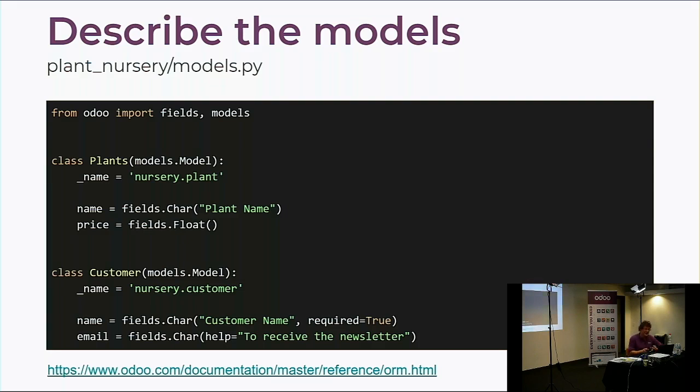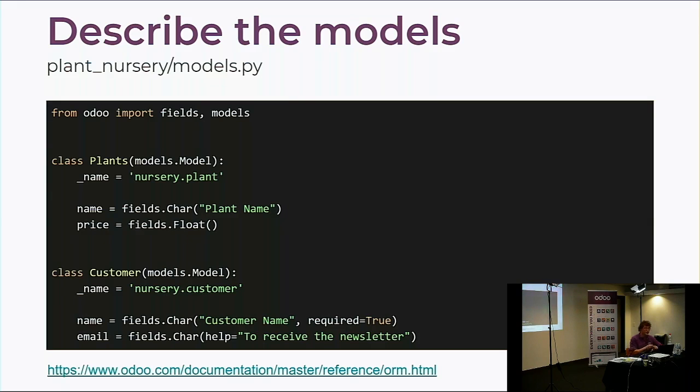You have to define a class for each model. So a class here, a class here. The class name does not matter, but the _name attribute matters. We don't use the Python class to refer to the model, unlike Django, for example. We will use the _name for the reference or the inheritance. And note that there is also a _description attribute that you can define to provide a user-friendly model descriptor